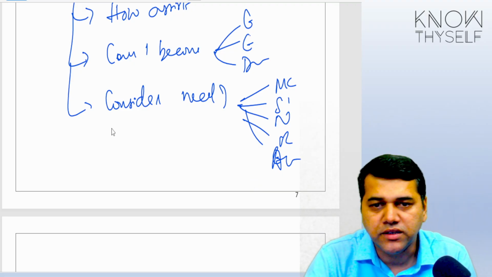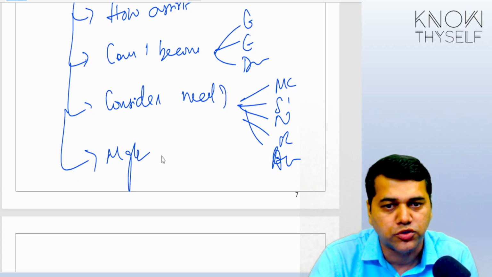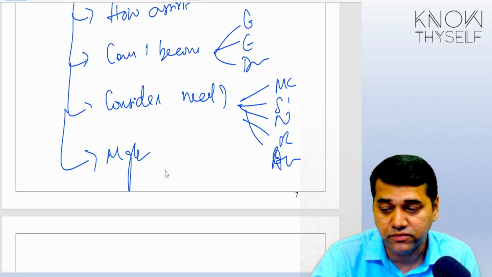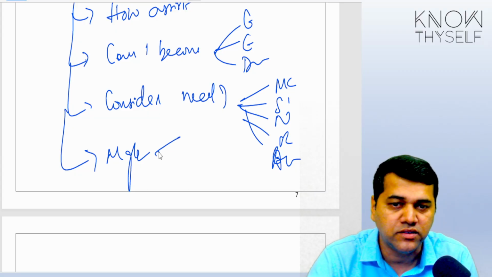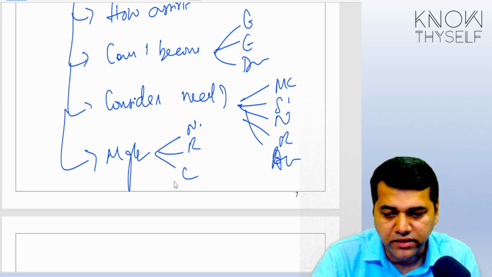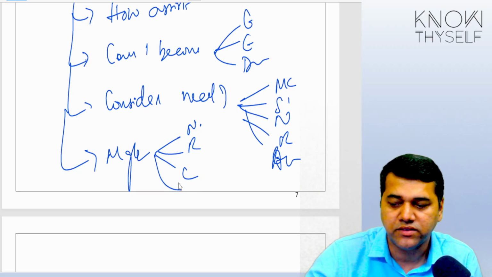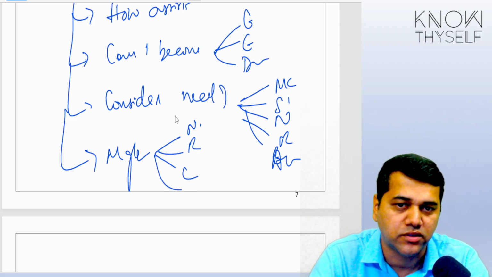Then the last element is about the management expert. What if the management expert has been used? Should I use their work or not? What are the factors you consider? There are around 6 factors: their nature and scope, their risk, their competency, their performance standards. Does the entity control their work? These are all the factors you consider.